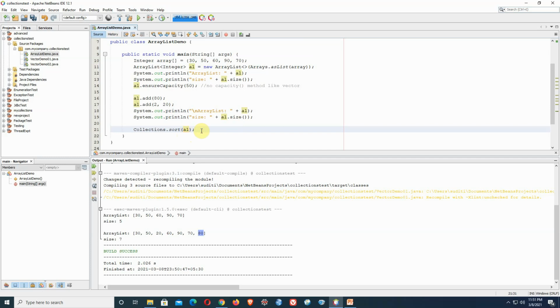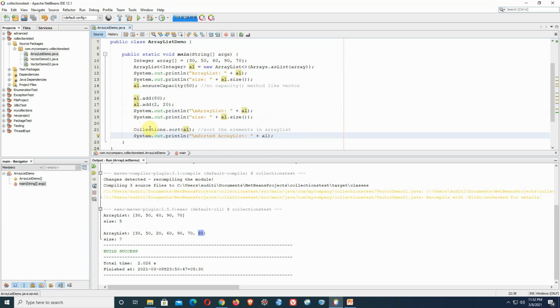So it will sort the elements in the array list, so that you can see here. Now if I write this SOP statement here, that will show you the sorted array list.